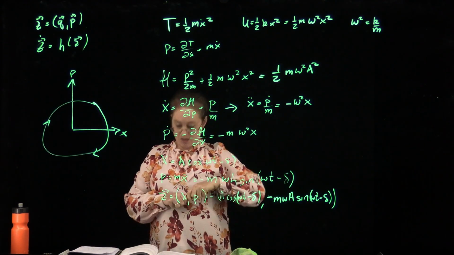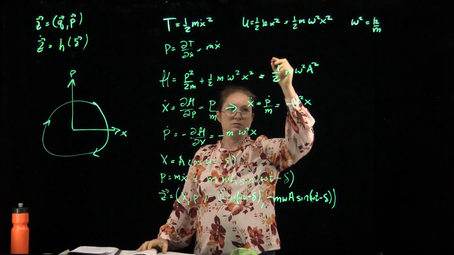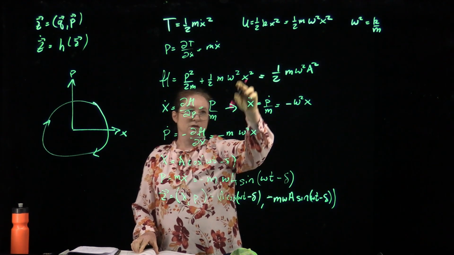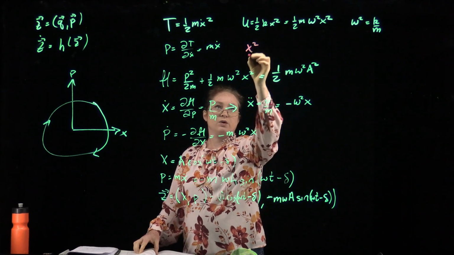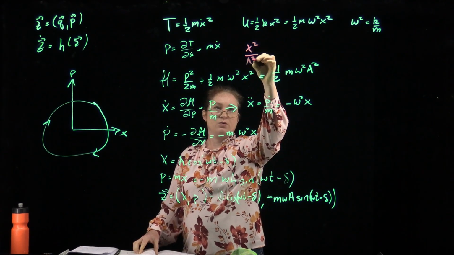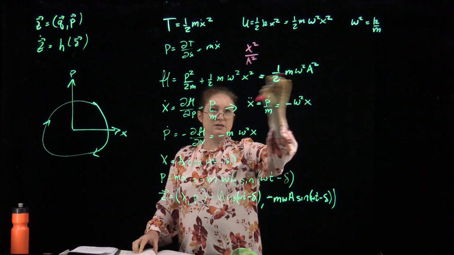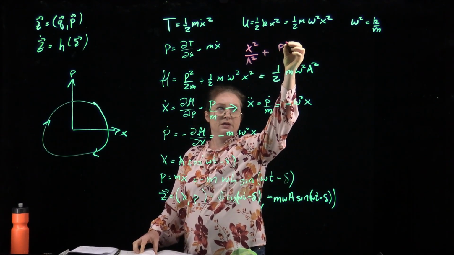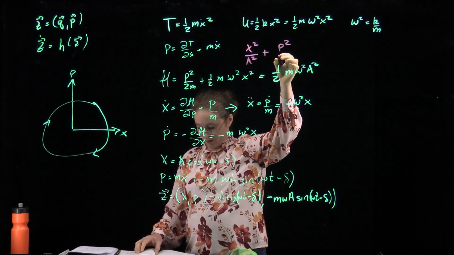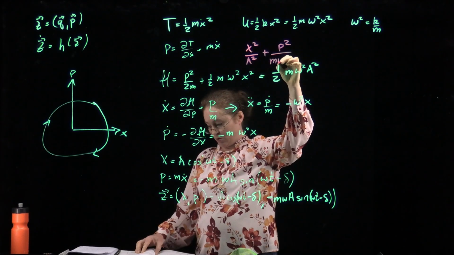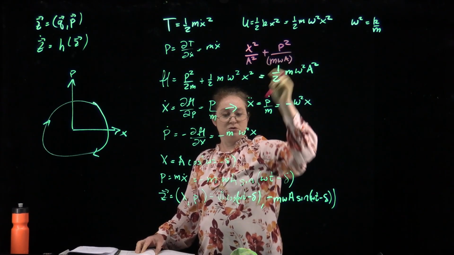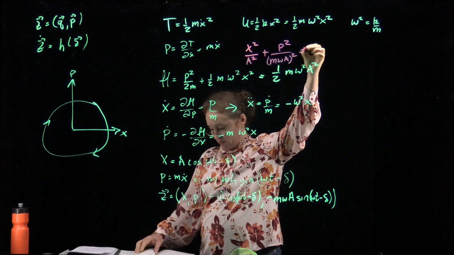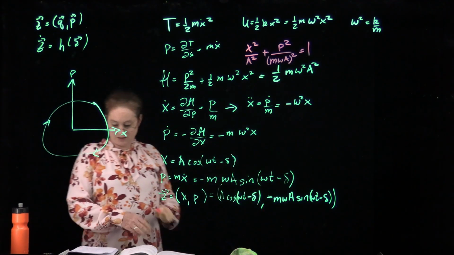And this becomes, let's see, this will become x squared over a squared. So divide this by this, and all you're left with is the a squared, plus p squared over m omega a, which is just the amplitude of the sine here, quantity squared, equals 1. So that is an ellipse,